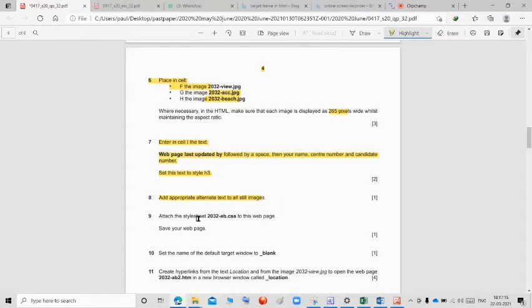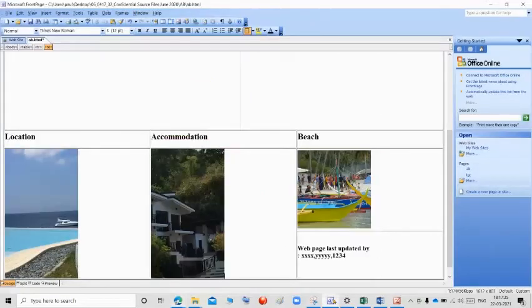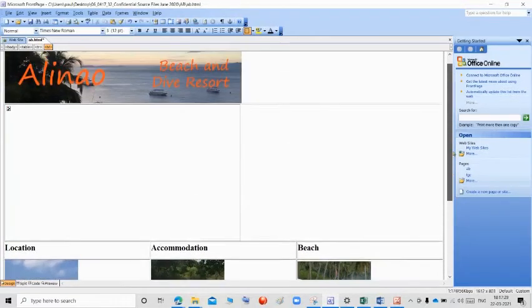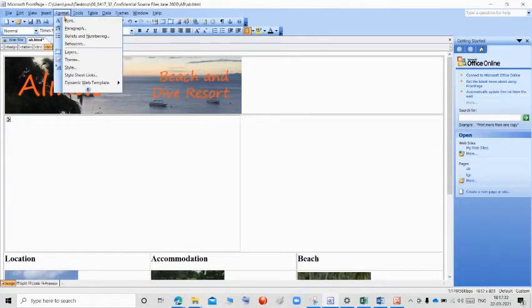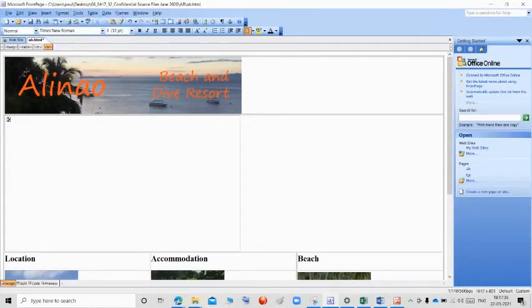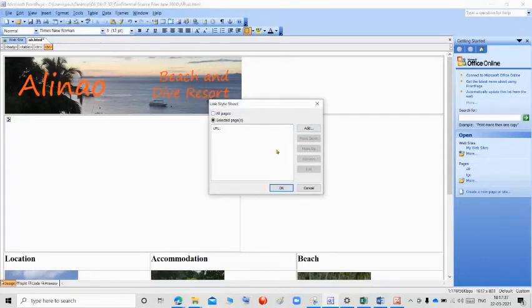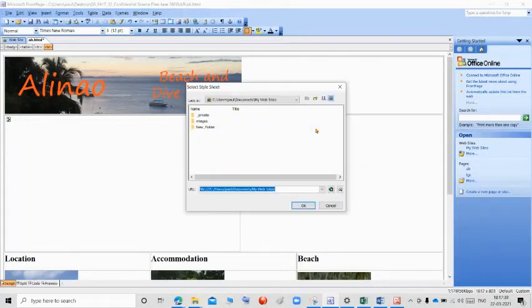Next, attach the style sheet 2032 ab.css to this web page. Save your web page. So what we are going to do? We are going to attach the style sheet to the web page. Go to format and go for the style sheet links. Click add. Select your file in your folder.